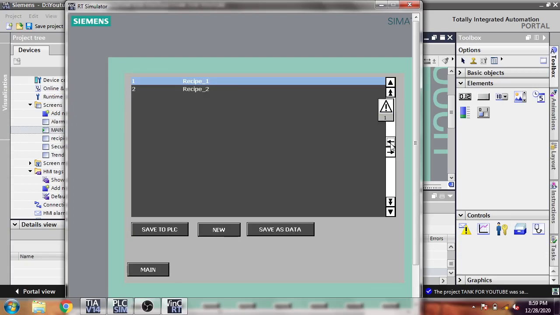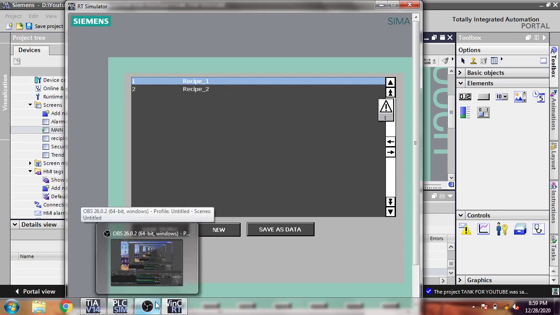I think you understand how I created recipes, but you will see that in the recipes we also have buttons there. You will see a new and open, and it is also available in our screens. So I just don't need to create some buttons, but you will see we also created buttons for recipes. So I think that's it. You will easily understand recipes.